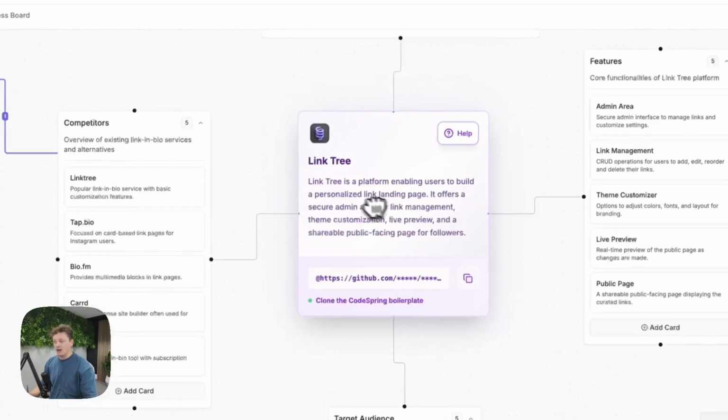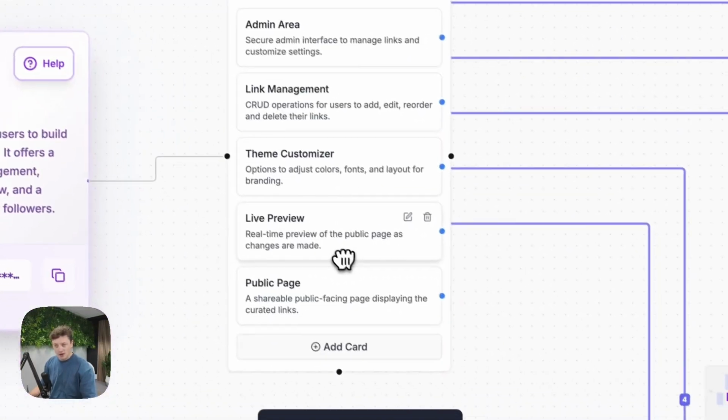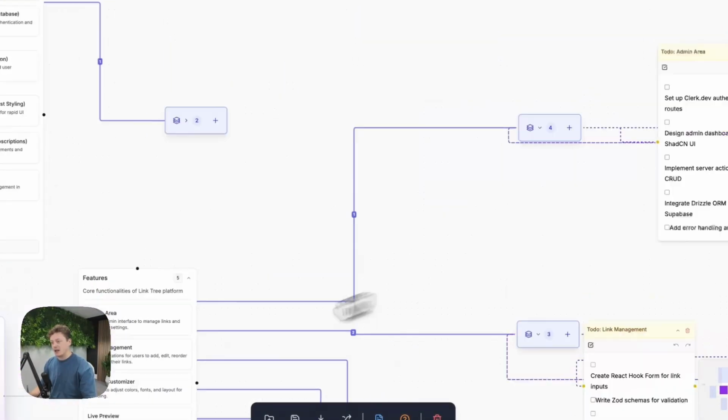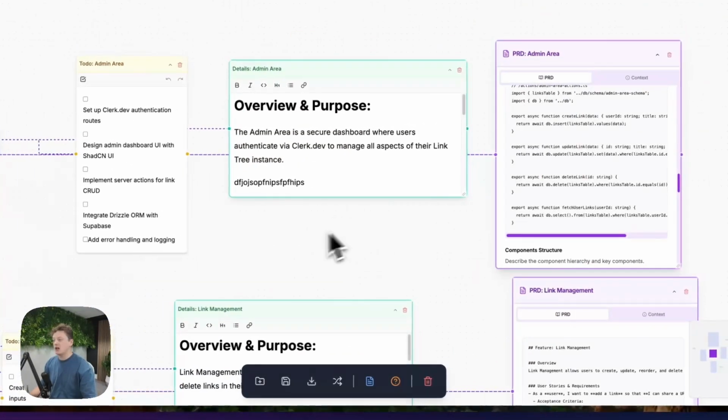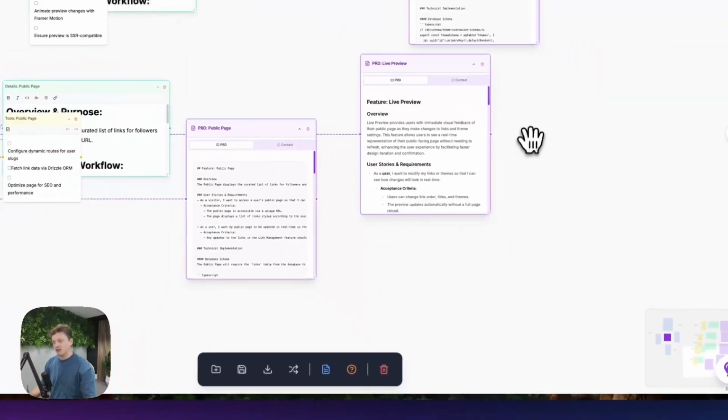Now, what we've got here is essentially our initial idea for a Linktree app. We've got the core features. This is all we wrote down initially. And then the AI figured out the rest of it. It figured out for each feature how we should build it and what that app should do. And then it just went through and it created all the context that it needed and created us the documentation